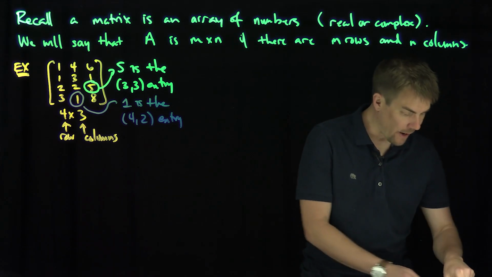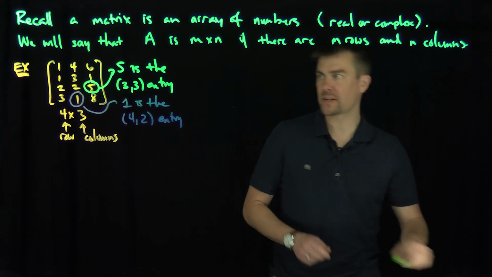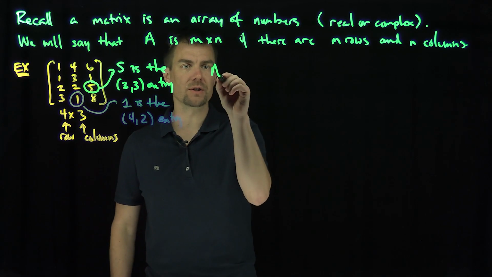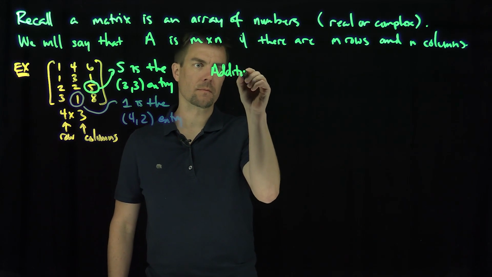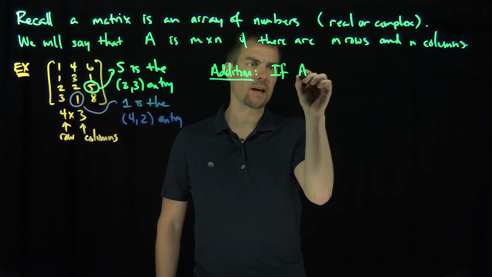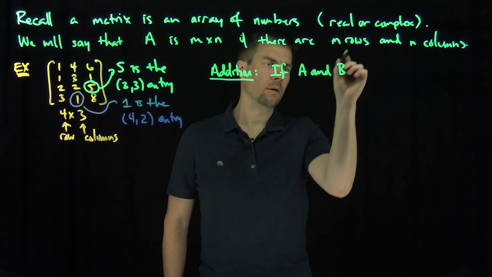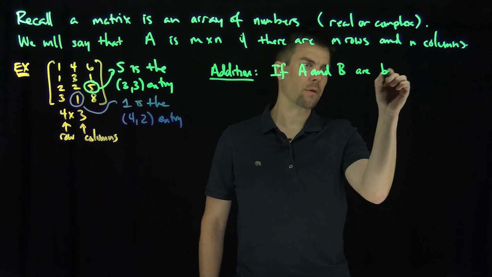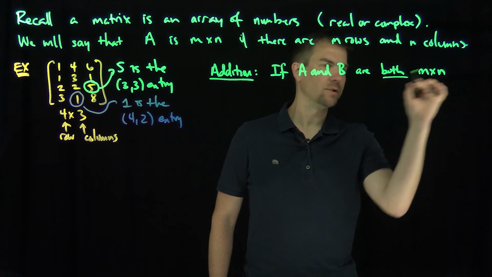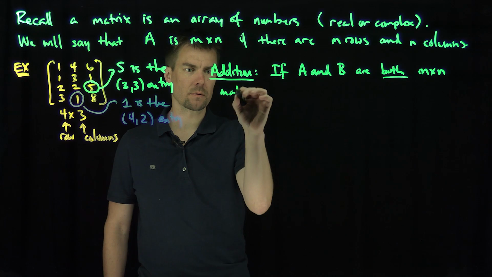And now I want to do some algebra of these matrices. So we're going to do 3 operations. The first operation we're going to talk about is addition. So if A and B are both m by n matrices, so they have to have the same dimension,